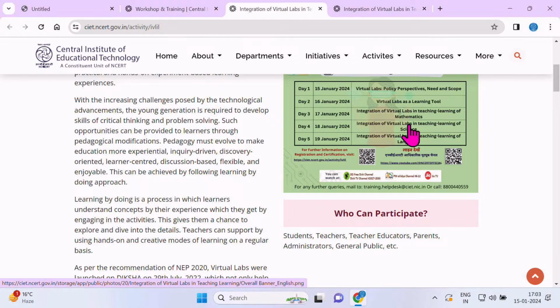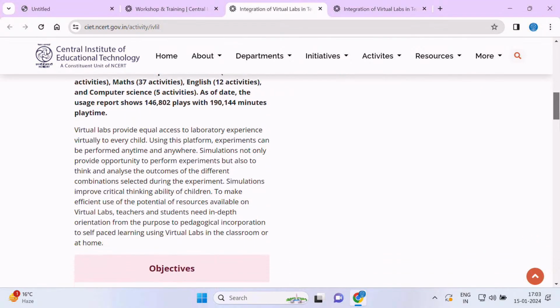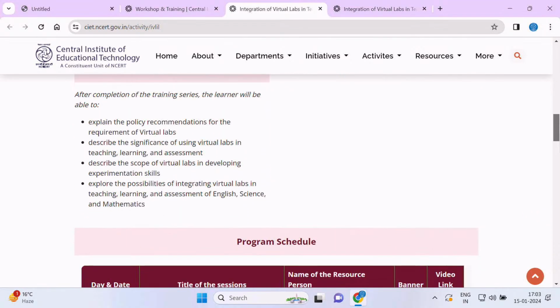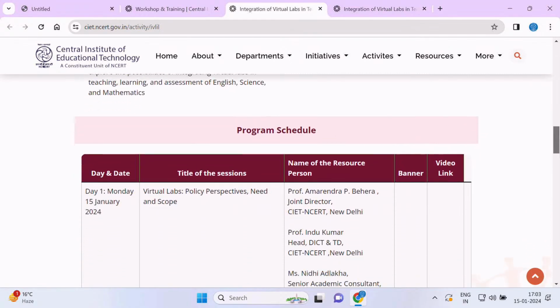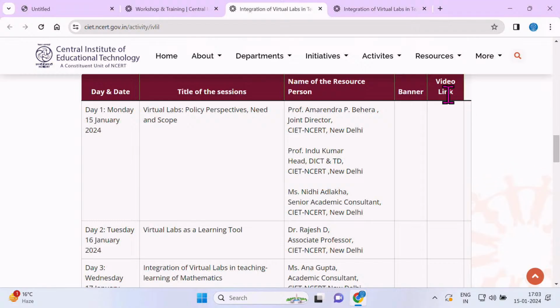Tomorrow we will be discussing virtual lab as a learning tool. Anyone can participate in this online training program quiz, whether you are a teacher, student, educator, parent, administrator or general public. You can see our program schedule day by day, and we will be uploading our video links here.